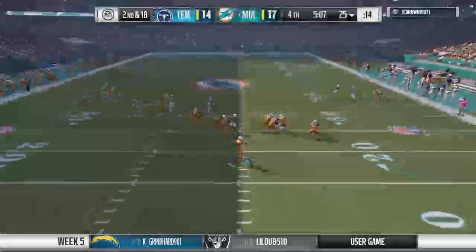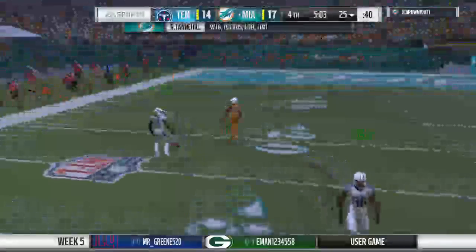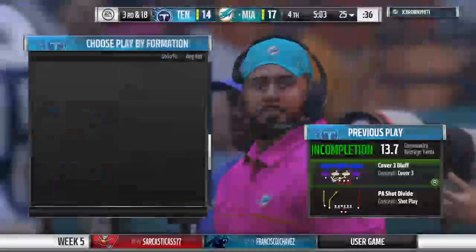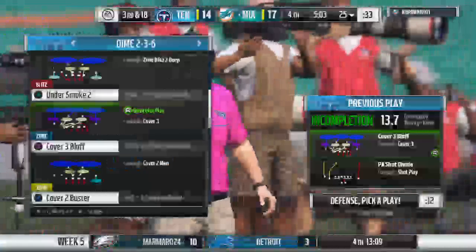Play fake to Ajayi. It's Tannehill. Finding time. Going for the deep ball. And he almost had it defensively. Could have been a game changer there in this second half. Instead, it's 3rd down. One of the toughest things about playing defensive back is pattern reading, trying to figure out